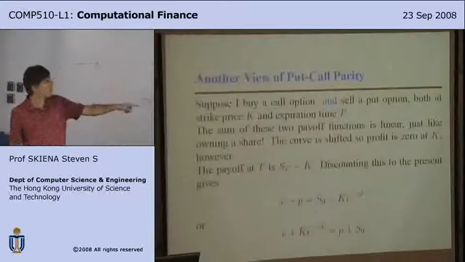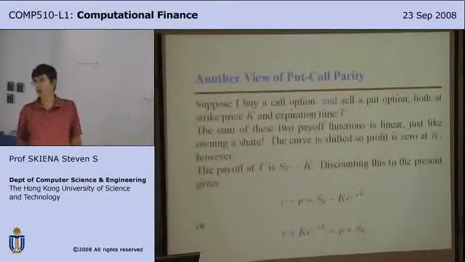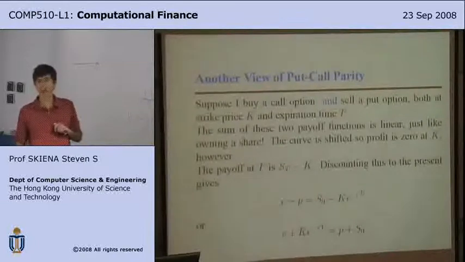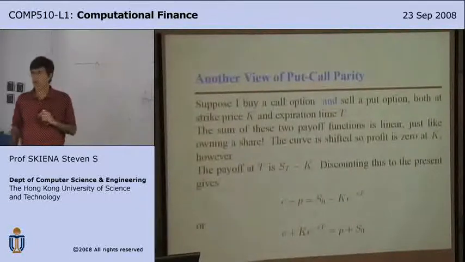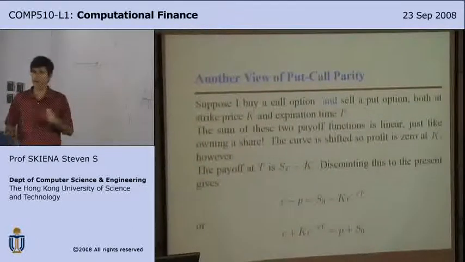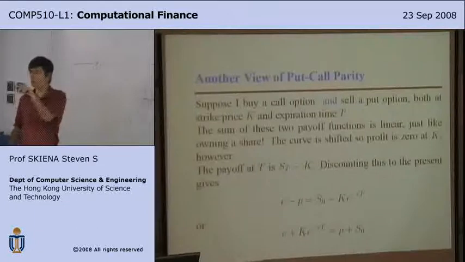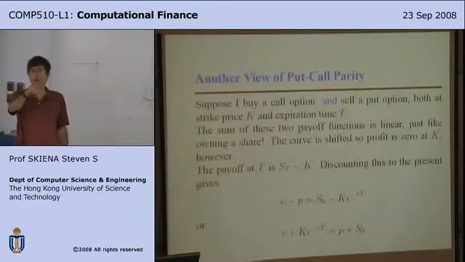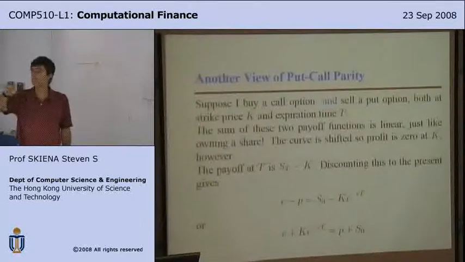We are almost pricing options here. Okay, why do I say almost? Well, we have an equal sign. That's good. The trouble is that we still have two variables in here: the call option price and the put option price. Right? But we are making progress as to what the prices of these things actually are. Any questions about that? Any questions here about this or options pricing or anything that we've talked about so far?